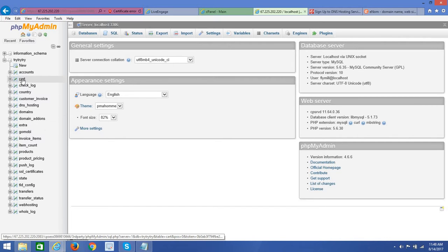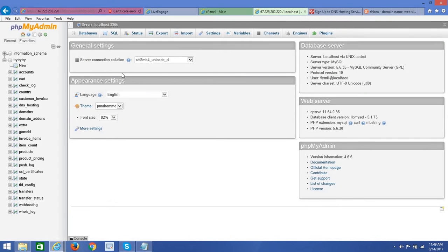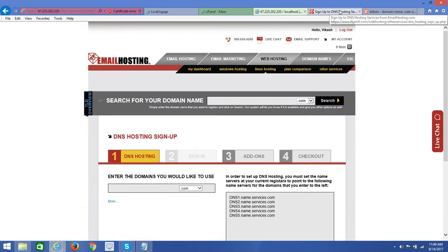So you really, and the cart, you should look to make sure that items are appropriately being added to the cart and being removed from the cart when there's no items in the cart over here. So it's basically accounts will have some information, cart, customer invoice, DNS hosting, maybe domain add-ons, invoice items, and maybe web hosting. So those tables you may want to focus on, but the best thing to do is